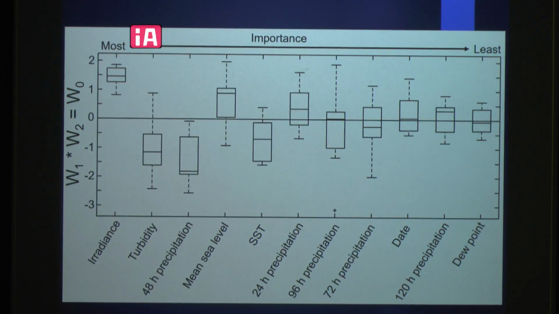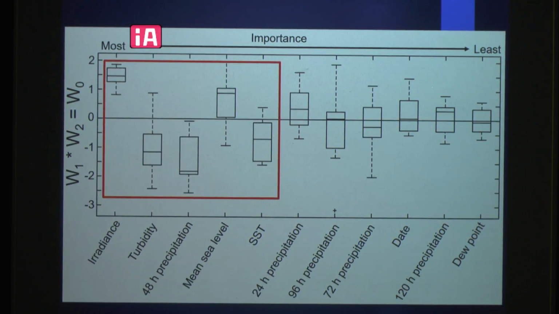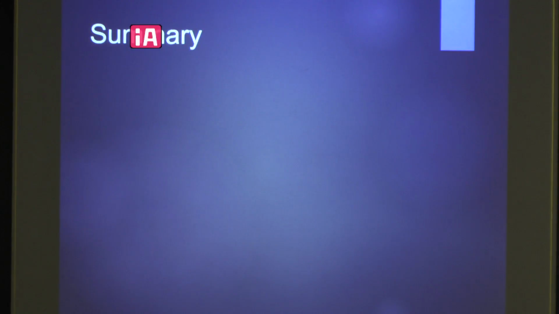Just to summarize what we're seeing here, the model identified 5 variables to be the most influential ones. These were a combination of irradiance, turbidity, 48 hours of cumulative precipitation, mean sea level, and sea surface temperature. This goes, again, to the relationship of all of these environmental parameters to influence culturable enterococci variability, or higher or lower concentrations. In terms of the predictive capability of this model, it showed a 74%. As a summary for this last objective,